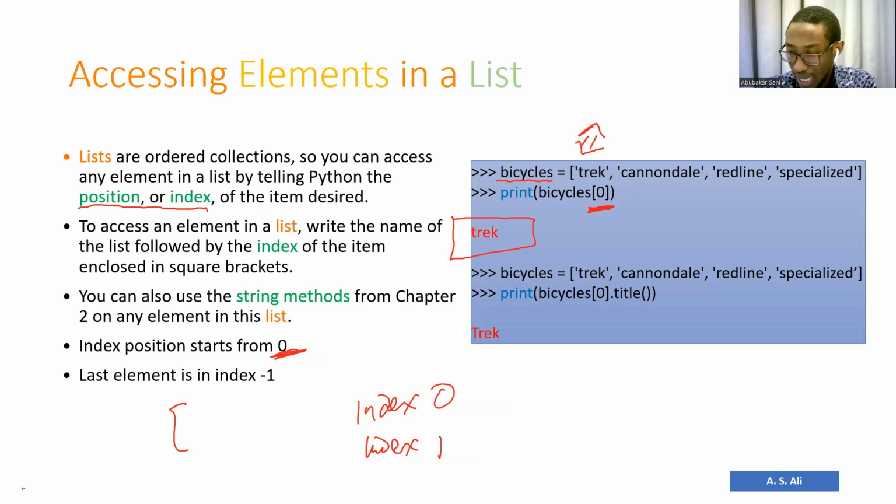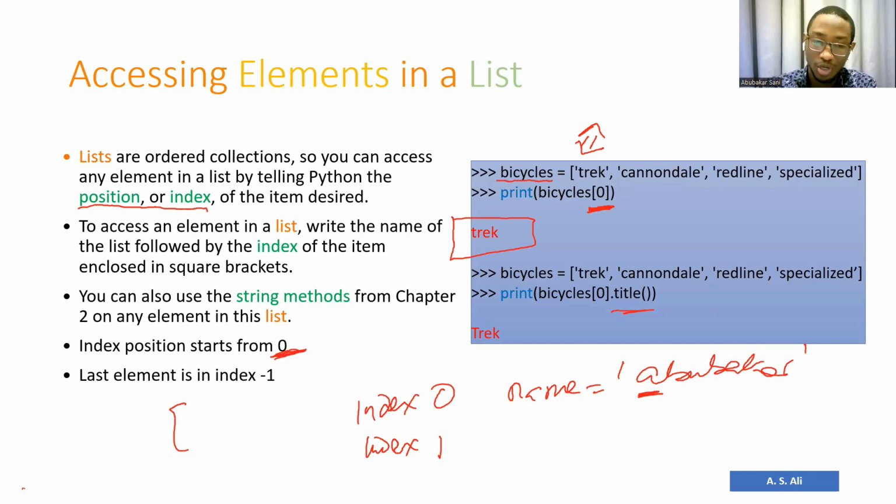We also look at some string methods which we did last time, for example, the title string method. If you give it any written alphanumeric thing, for example, name. If I said my name is Abubakar and I use lowercase, something I want to do is to make sure that everything in name follows title case. What does title case do? It makes the first letter in each word of the sentence uppercase. So for example, if I said my name is Abubakar San Ali, using lowercase for the beginning of each word, and I said name dot title,